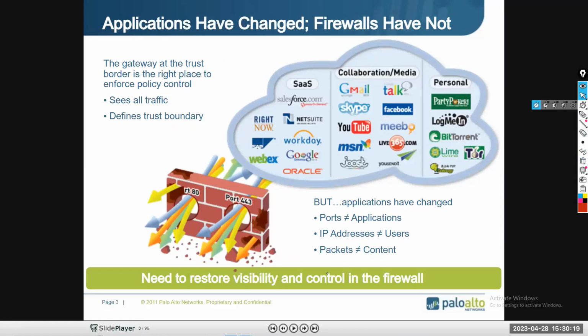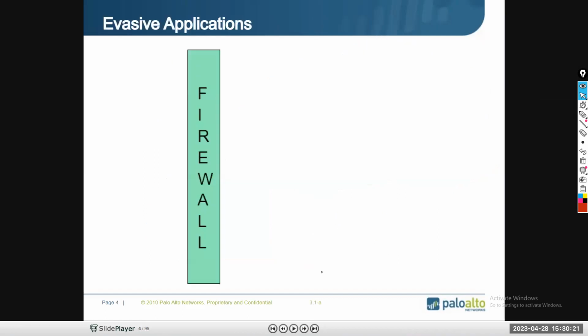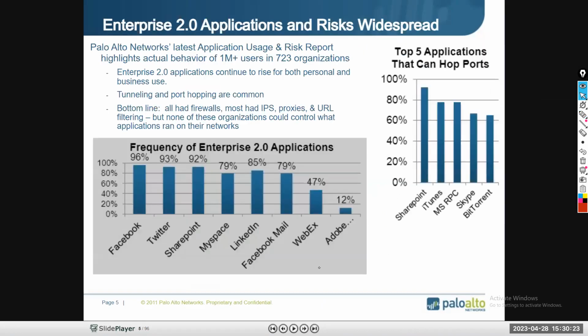Now see what these people have introduced. This is a bit of theory I want to explain, like applications, enterprises, and risk. The Palo Alto Networks latest Application Usage and Risk Report covers behavior of 1+ million users in 273 organizations. Applications continue to pose risk for both personal and business use, and port hopping is common.